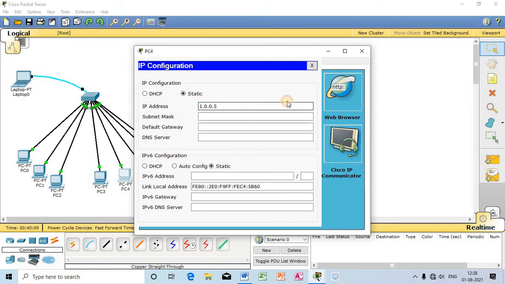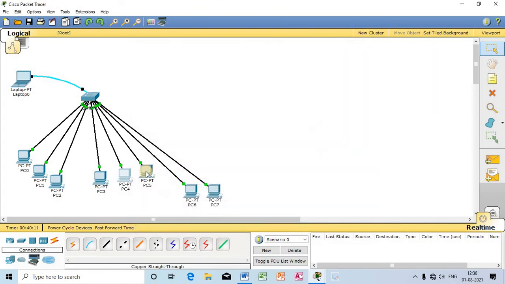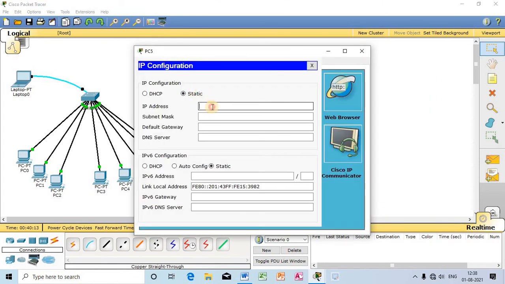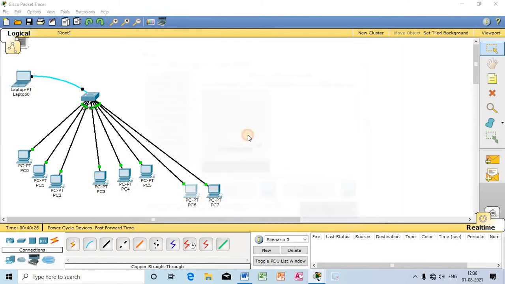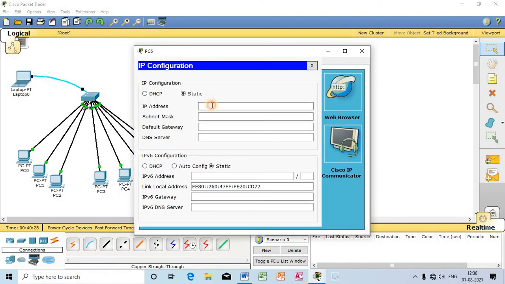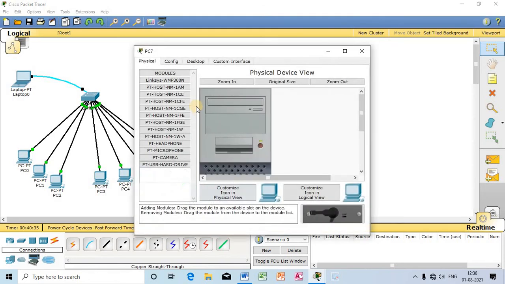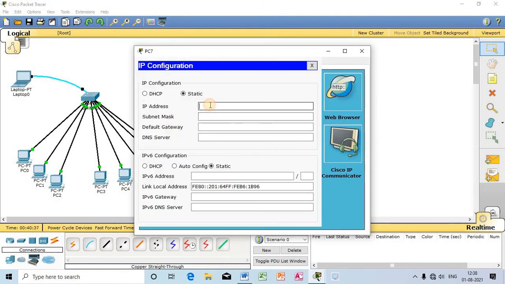5. I have been maintaining the sequence over here. All computers are in the same network. I am just changing the host address: 001, 002, 003, 004, and this is 005, 006, and this will be 007. The host address of this computer is 008.